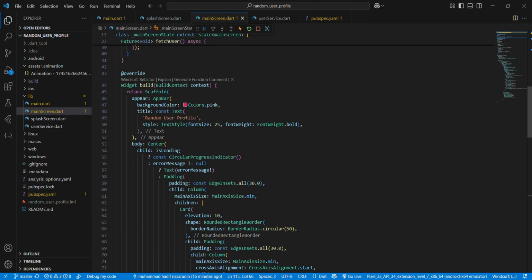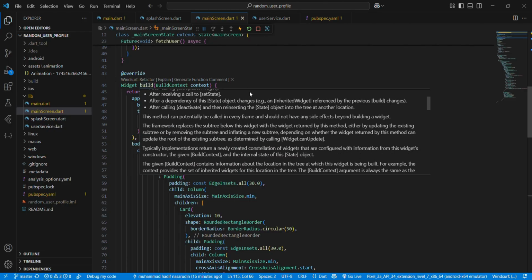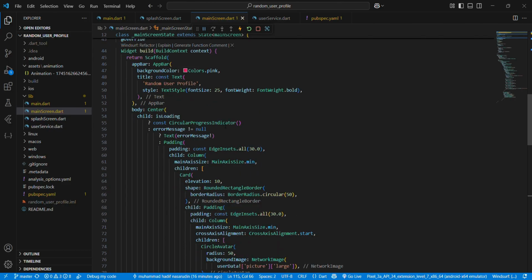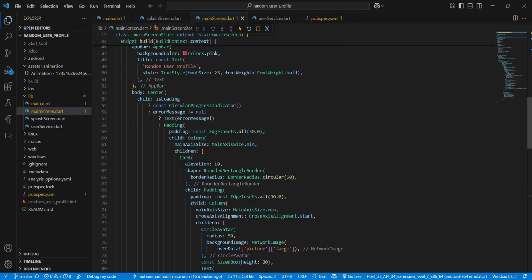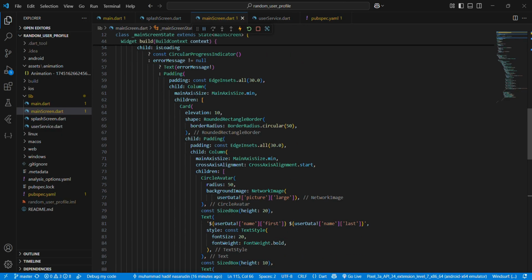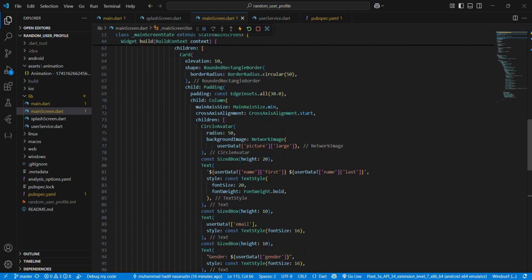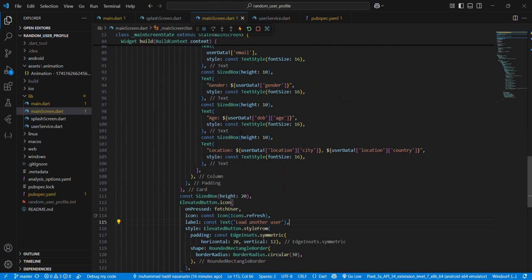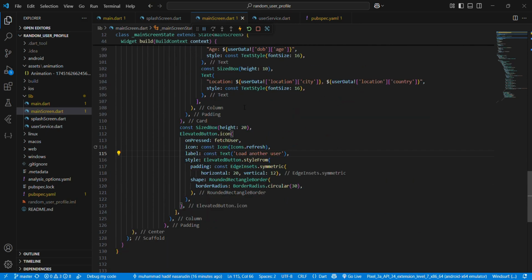And then this is the scaffold for the design of the main screen, the app bar, and then I include the circular progress indicator for every change of the random user profile, and it contains the name and other information.